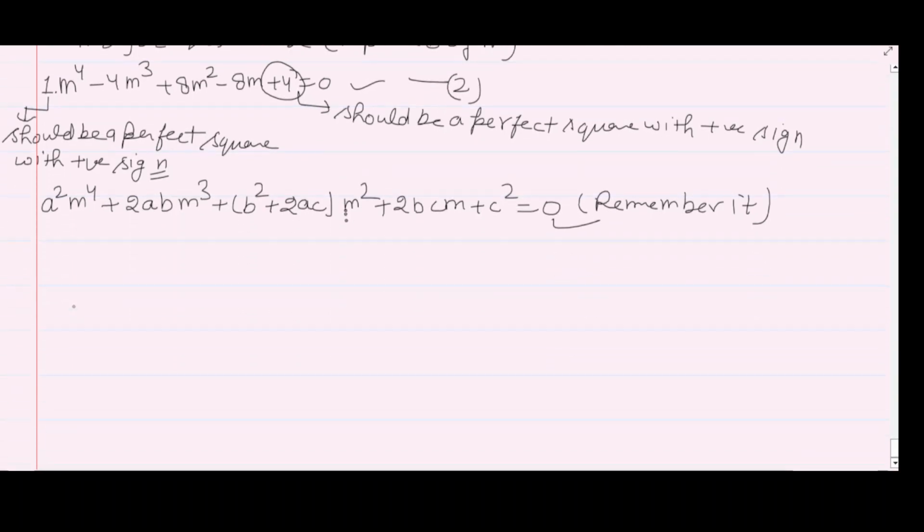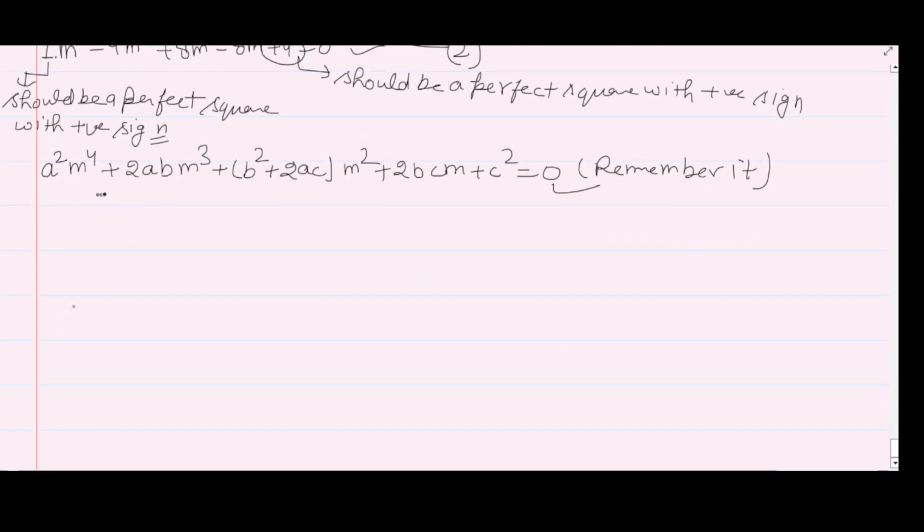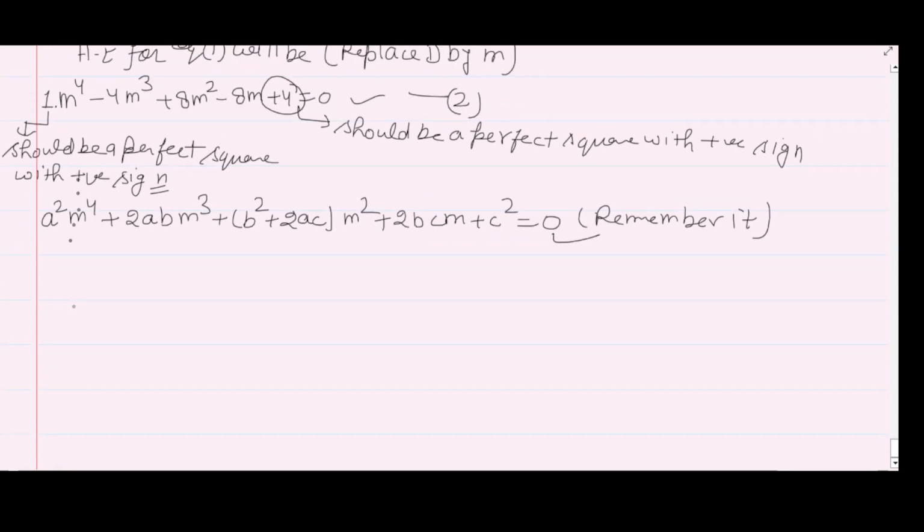Now see how. By comparing, you can see that the value of a^2 will be 1, and then the value of a here will be plus minus 1. Okay, so this will be your first target. Here you have to choose a equal to plus 1 always. Right, mind it.